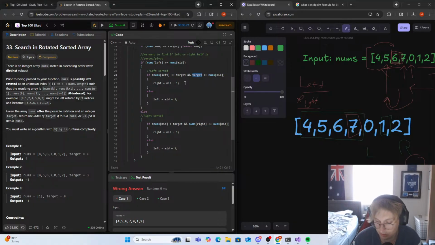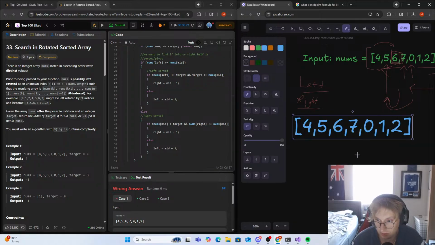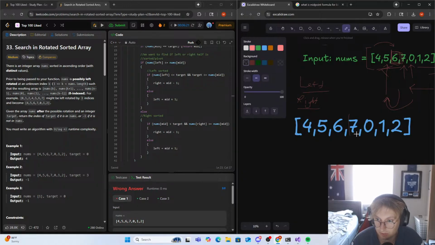Oh, okay, I see. I think this sounds better, right? So let's get rid of all this on the screen. Redo this. This is our midpoint, this is our left here, this is our right. If nums left is less than or equal to target, which it is, and our target in this case here is 0, and our target is less than or